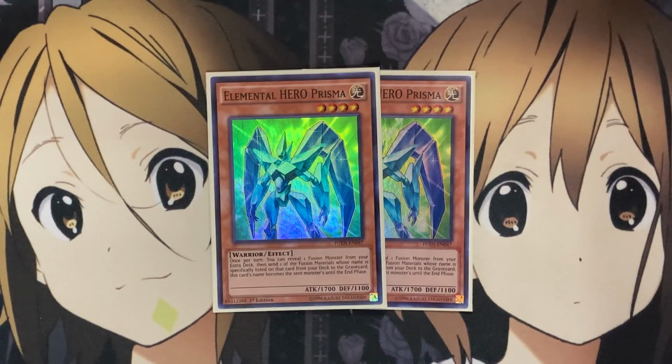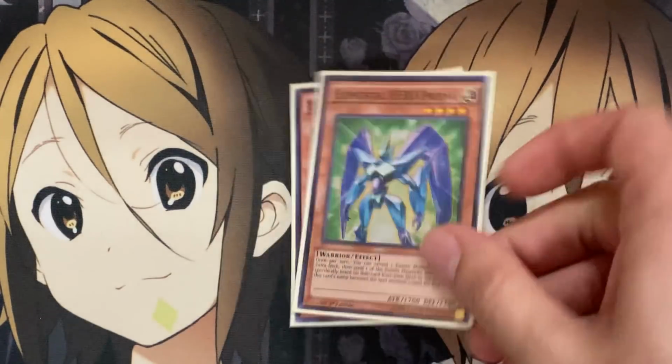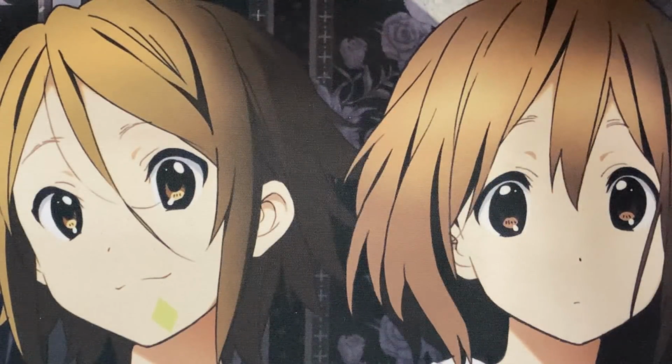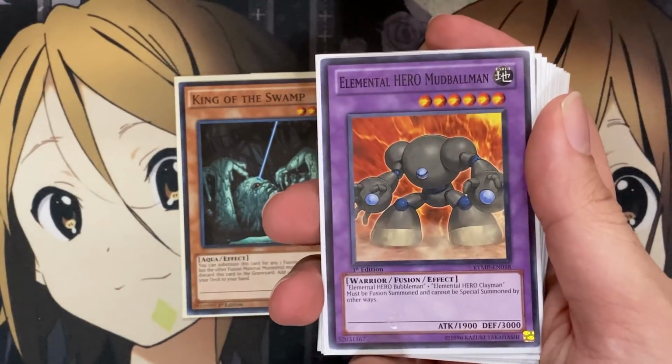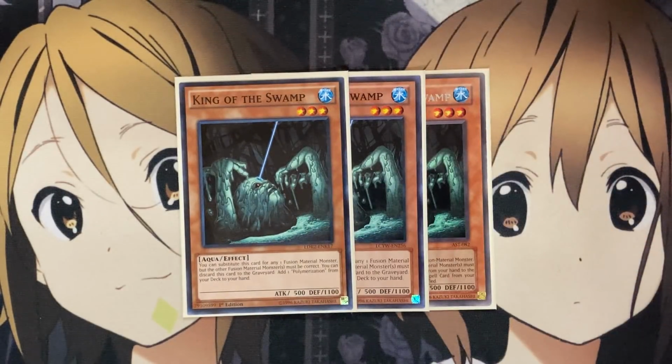Prisma is a big support card for that, because not only does setting it up in the graveyard give you the Miracle Fusion play, it just leaves room for you to draw into more important cards in your main deck as well. And for some of the non-hero monsters I'm running in the main deck, I'm also running the 3 King of the Swamp, just more search power, Polymerization especially, but being able to substitute this card for one of our fusion requirements, depending on what we want to fuse out to, is very vital with King of the Swamp